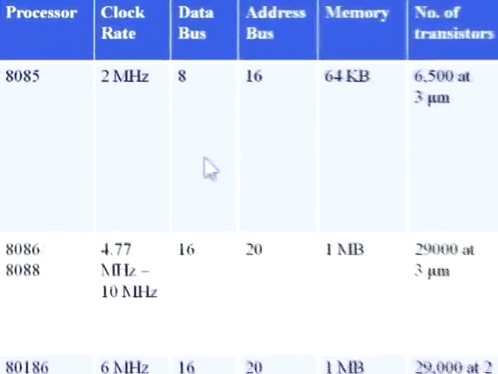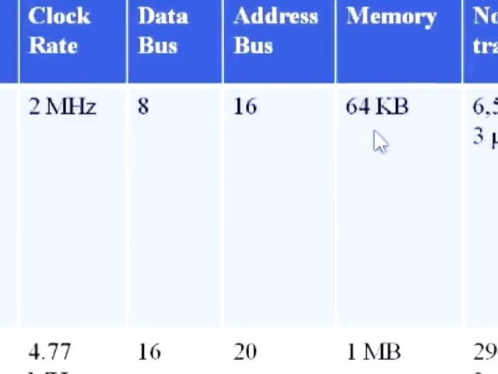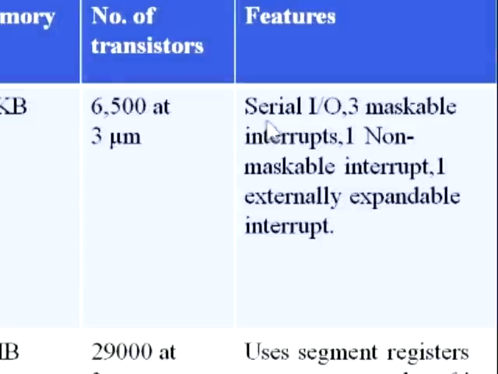If you take the first processor listed on the table, it is the 8085, where the clock rate is 2 MHz, the number of data bus lines is 8, so I can say that the word length is 8. The number of address lines is 16, so the maximum addressable capacity is 2 to the power of 16, which is equal to 64 KB. The number of transistors used is 6500. The features are a serial I/O, that is, the two lines called SID and SOD, and three maskable interrupts: RST 7.5, RST 6.5, RST 5.5, one non-maskable interrupt, that is TRAP, and one externally expandable interrupt,